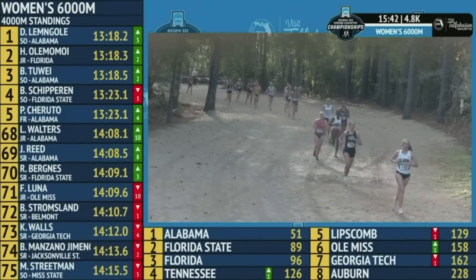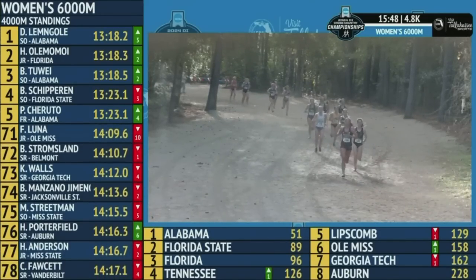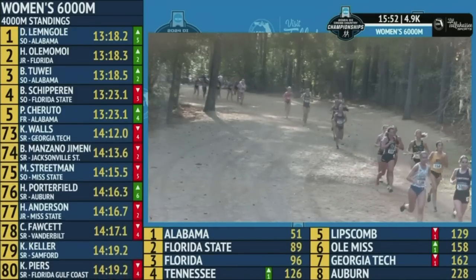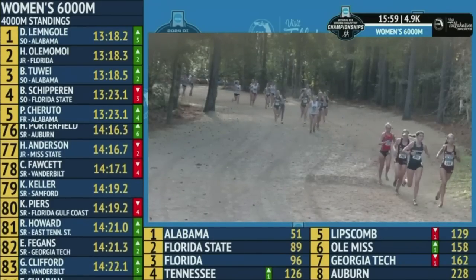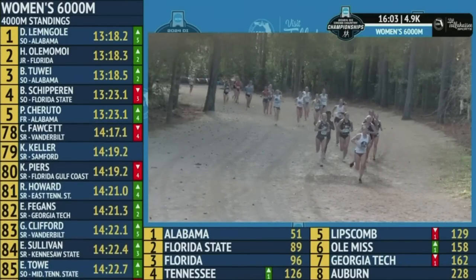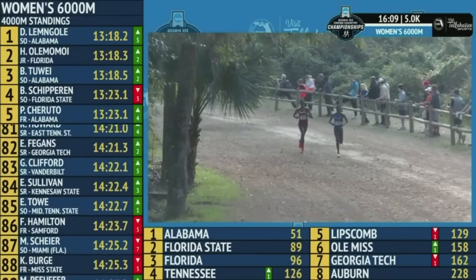It will be interesting to see whether Florida can improve on their finish. They lost that positioning over Tennessee at the SEC Championships. They're better positioned right now. Tennessee's number 5 runner in front of Florida's number 5 runner, but really strong running up front for the Gators at this time, in addition to